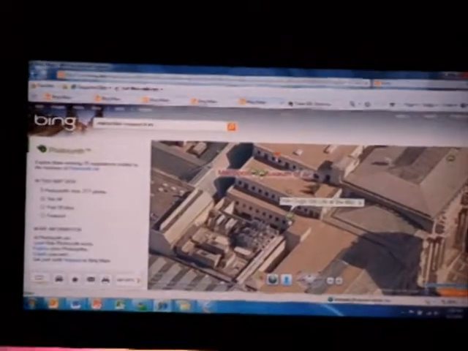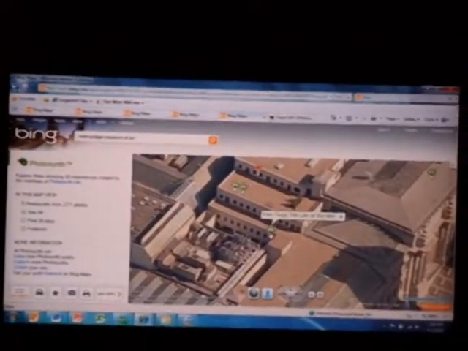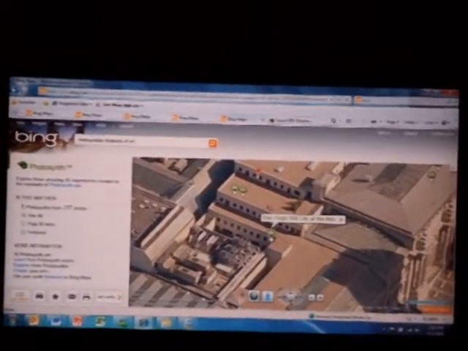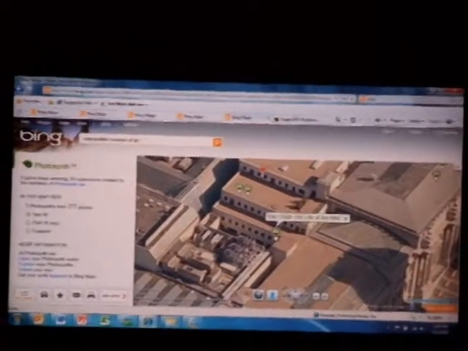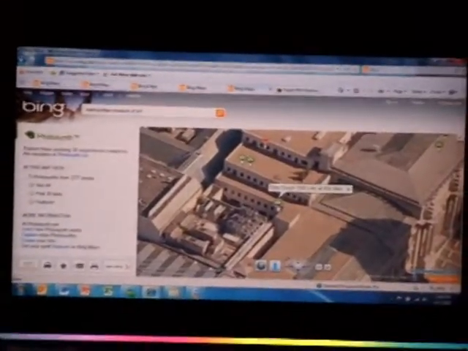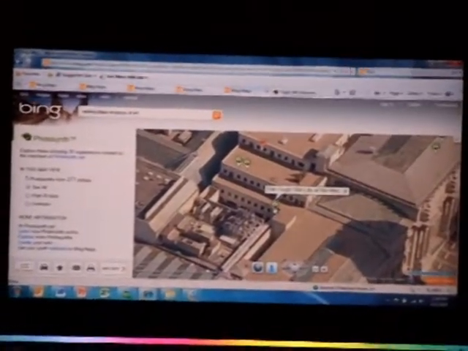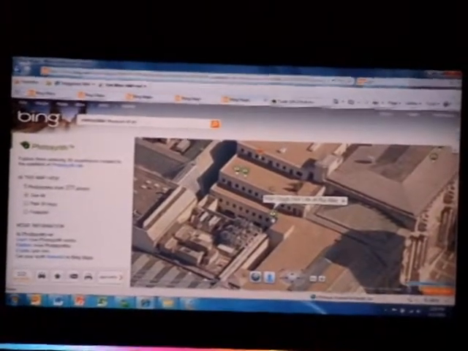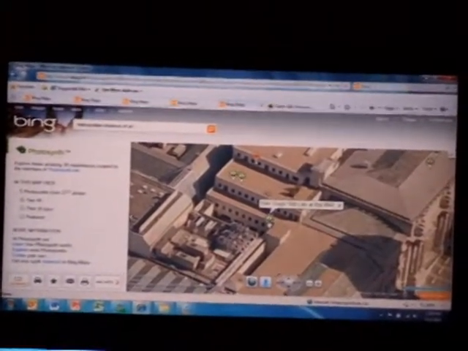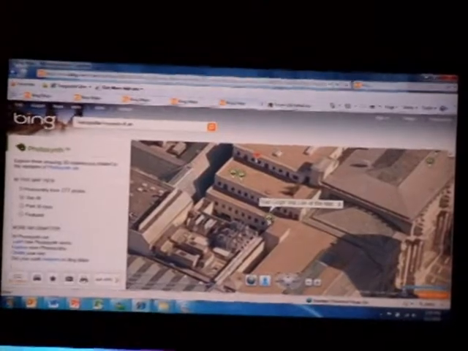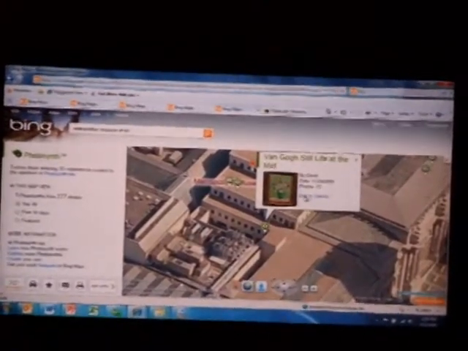If we look here, what we've done as an application is actually integrated something called PhotoSynth, which is a cloud-based service that we use, or that Microsoft offers. You can upload lots of photos that you take of a particular article of interest or an area of interest, and we'll stitch those together in order to create an experience out of it. So here, we're going to look at a Van Gogh.